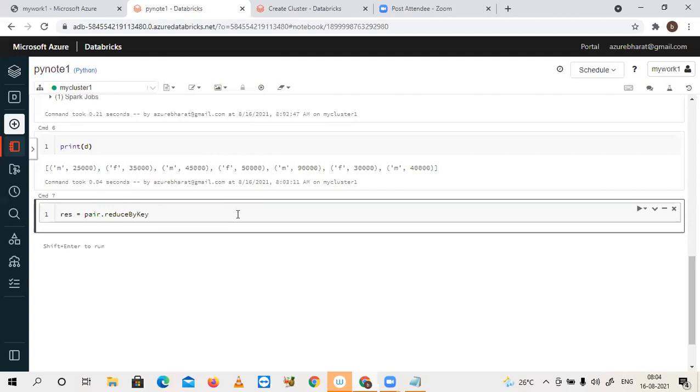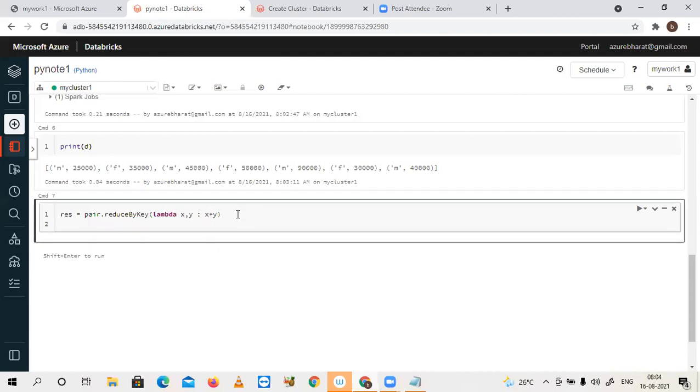Result is equal to pair.reduceByKey, lambda x comma y. Give any two variable names, your wish. Colon x plus y. Okay. Now finally collect the results: d is equal to result.collect.